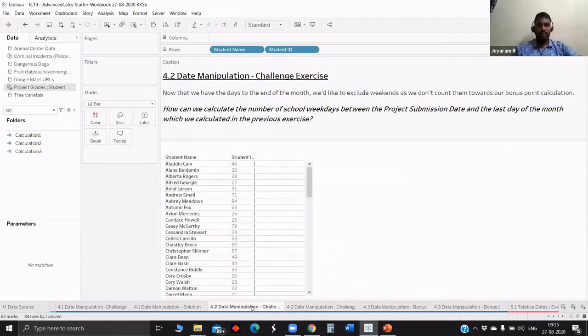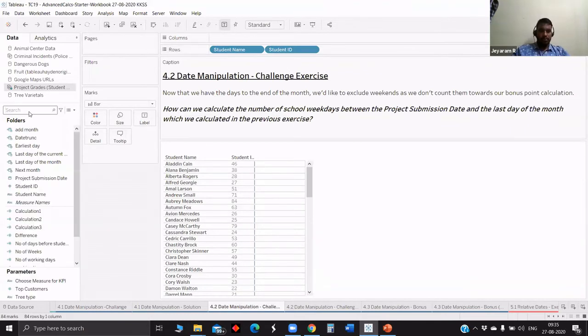Yeah, this is the second challenge. So earlier we just calculated the number of days in total, but here we have to calculate only the weekdays and we have to just neglect the weekends. So maybe you can think and give some approach so I can execute. Basically, you can do the same thing, but then we'll calculate the number of weeks, and the number of weeks will minus the number of weekends. Okay.